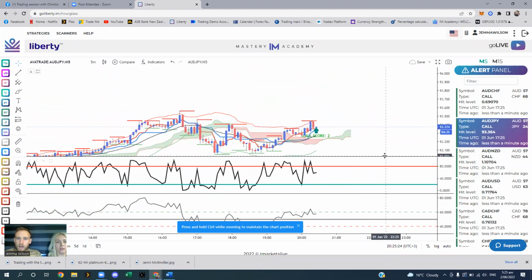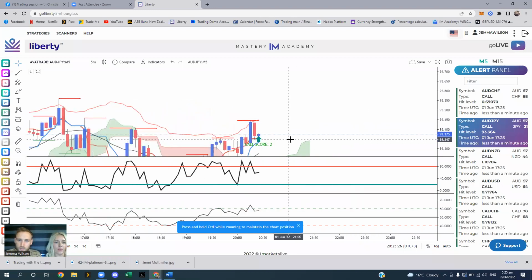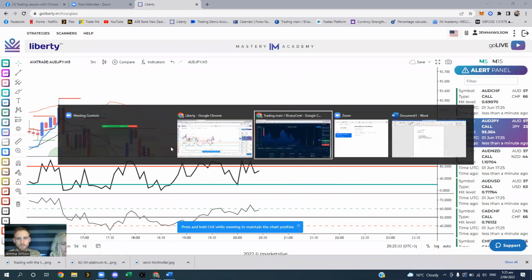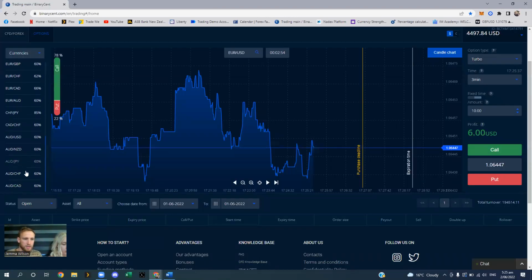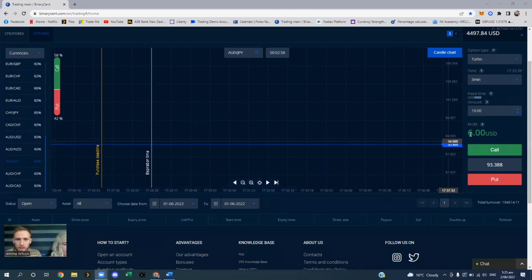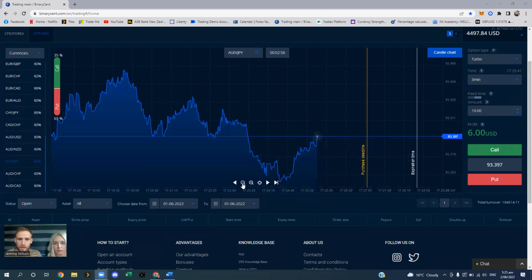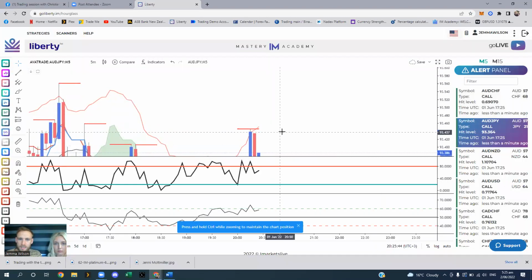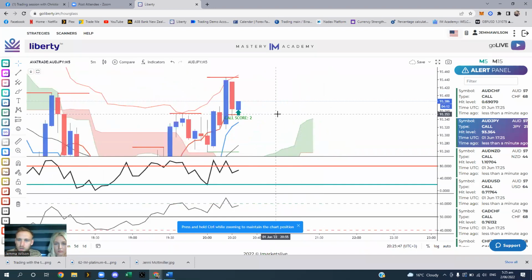Okay, AUD JPY has just switched. Yeah, so 3 minutes. AUD JPY, I'm going to take 3 minute trades. AUD JPY, jump onto that. And we may wait for a little pullback here on this candle. The candle might already go. I think this candle might go already, but if it comes back down to